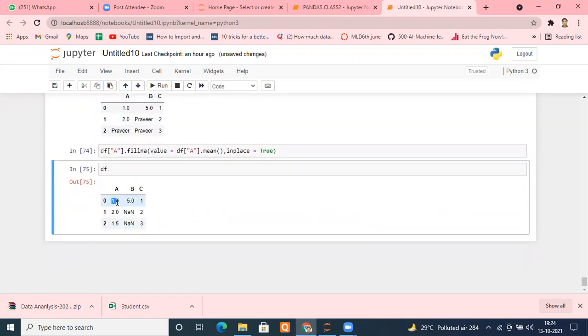And we can understand, 1 and 2, there are two quantities only. So their mean value will be 1.5. If we sum them and divide by 2, it will become 1.5. So the same value has been put here. Okay, so there are normally two options. One, you can drop the rows which have missing values, or drop the columns which have missing values. And the better method is substitution or imputation: fill the missing values with something. That depends upon our criteria. Hope it is okay with everyone.